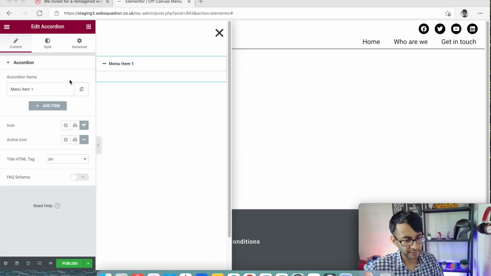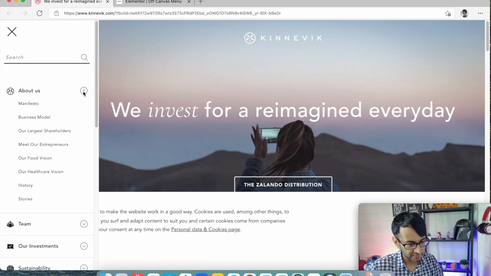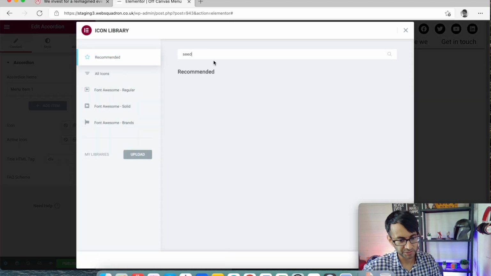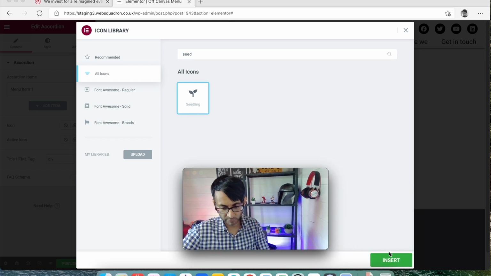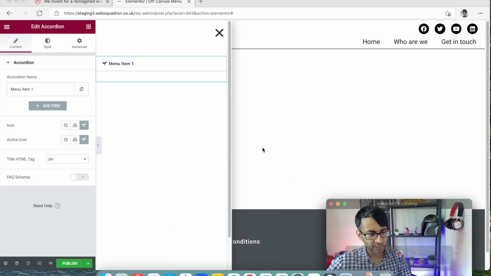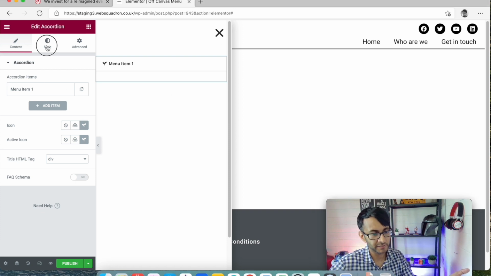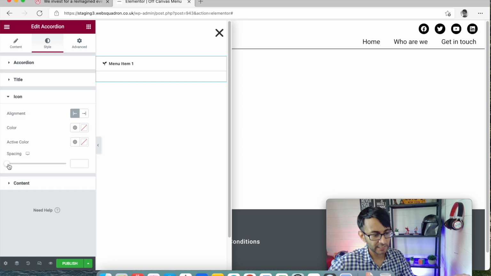So what will happen is at the moment we have, in fact, what do? They leave the same icon. Interesting. So let's do that as well. So we'll go for seed, all icons. There we go. And we will now just insert that there. So whether it's open or closed, you always have a seed symbol. Again, look, this is just like anything else you do in Elementor. You go to style and you can start to mess around with